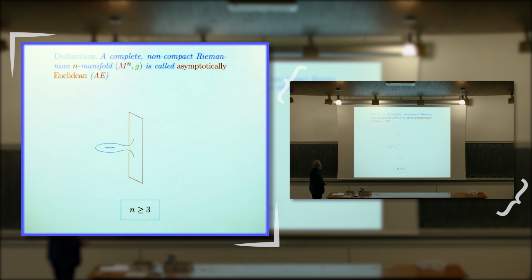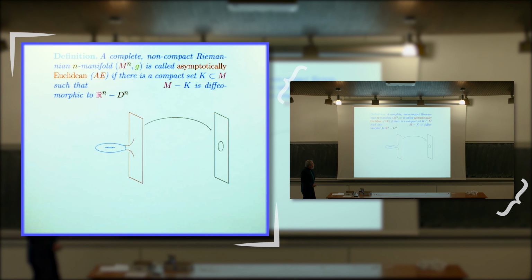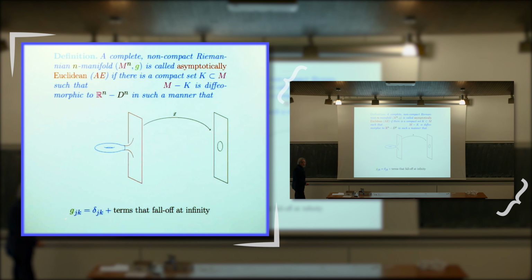Such a thing is said to be asymptotically Euclidean, or AE, if there is a compact set such that its complement is diffeomorphic to Euclidean space minus a closed ball